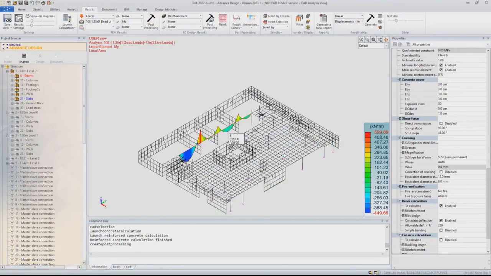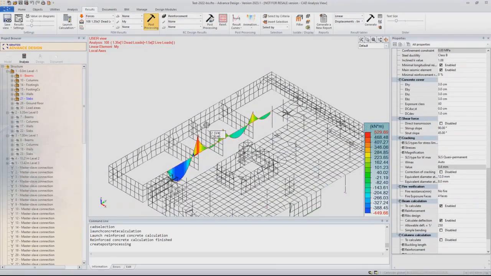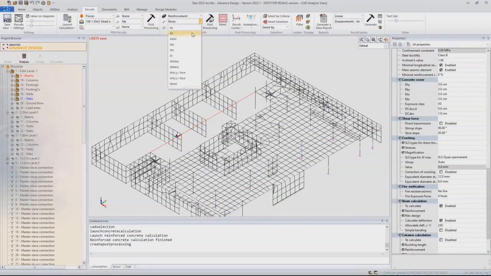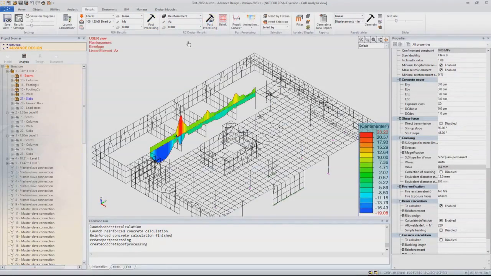You see we've got the bending moment diagram, and the Eurocode check that we've performed, and that only took like 1 second, is giving you the reinforcement diagram, you know, the required reinforcement diagram,